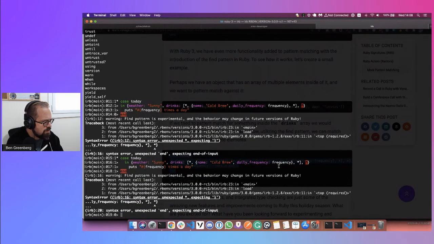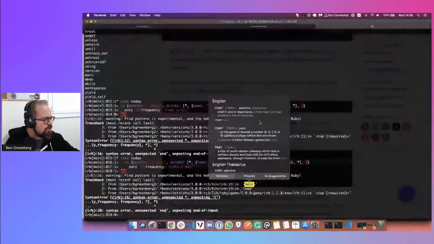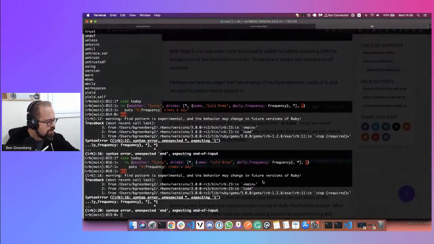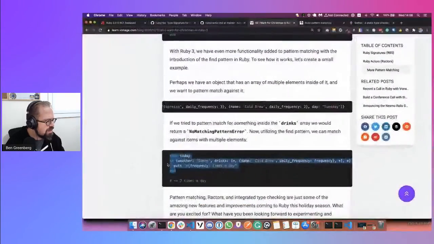Am I missing a syntax? Unexpected end. Got a syntax error here. I don't need it to spell check for me. Thank you. What is my syntax error, friends?